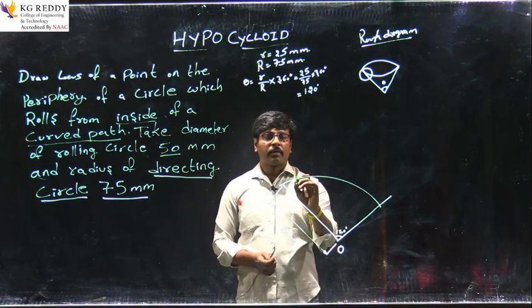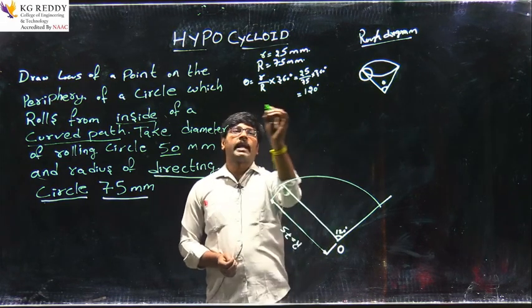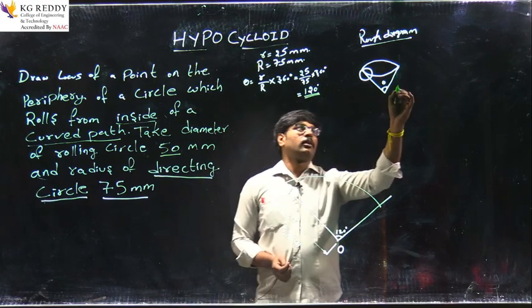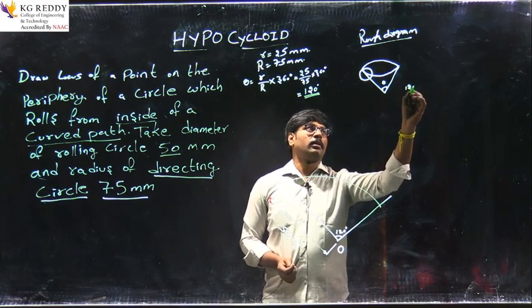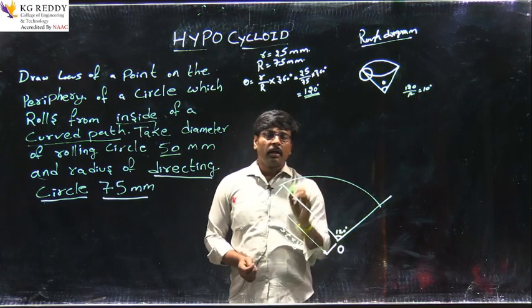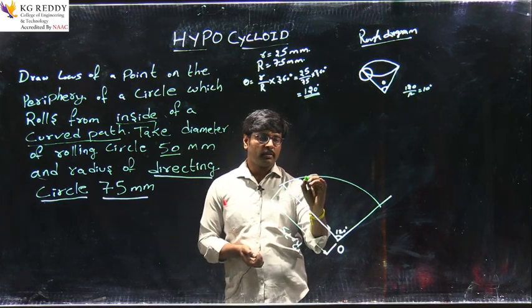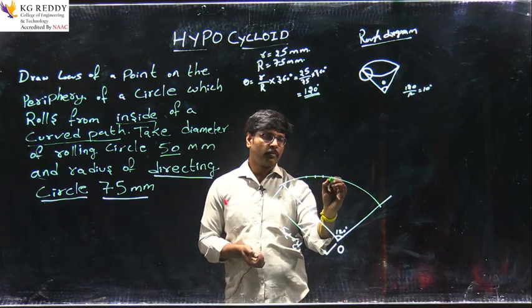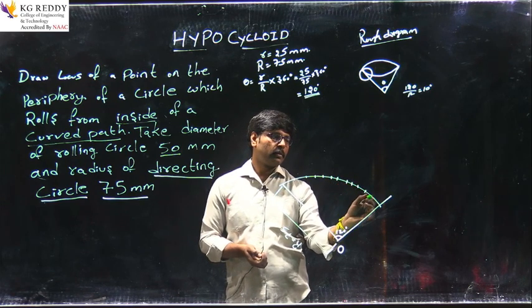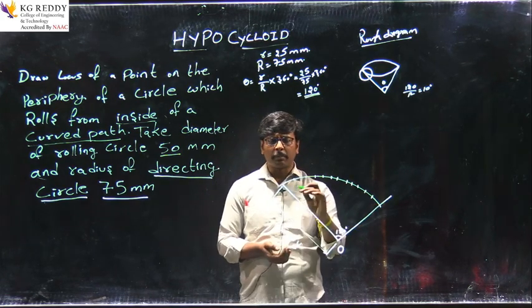Then after that we can divide this curve into 12 parts. The total angle of this is 120, and 12 parts we have to make, so each angle will be 10 degrees. In a trial and error method also we will get these values 1, 2, and here it is the 12th, in equal parts.